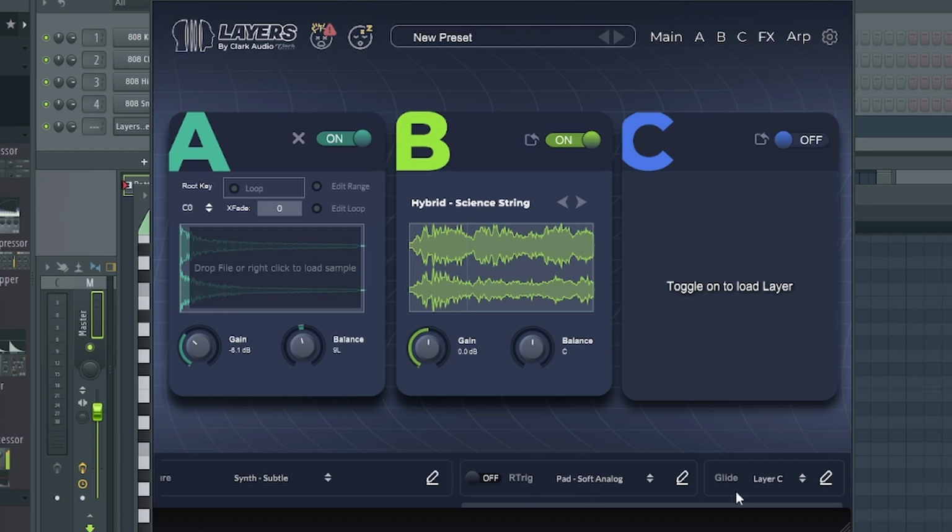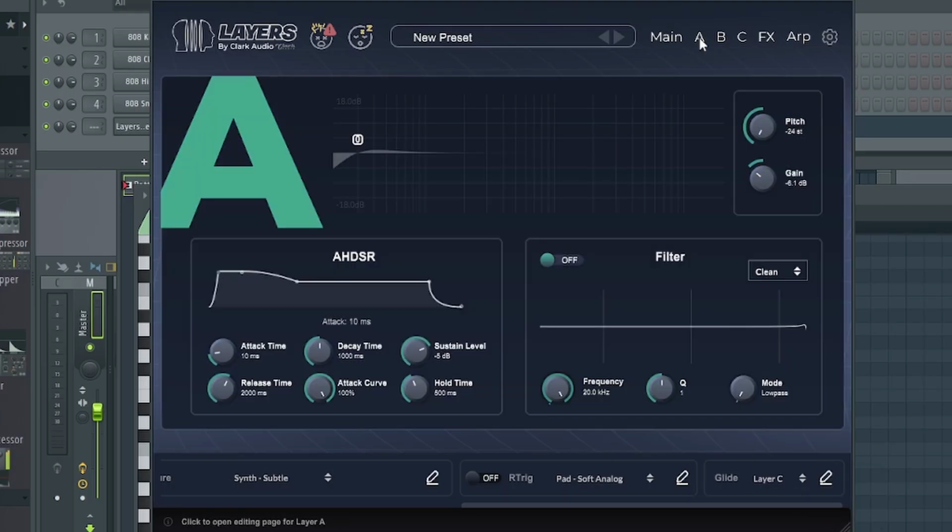Now for your glide control, click the layer drop down to select a layer to apply glide control to. Click the edit toggle to edit the glide control. You just assign it to whatever layer you need. And when you click on A at the top part, the A on the page tab, it takes you